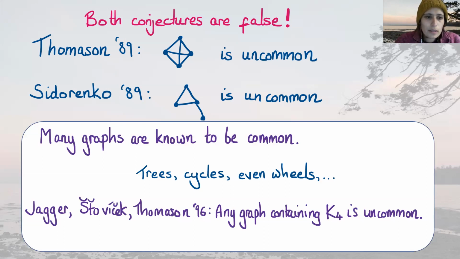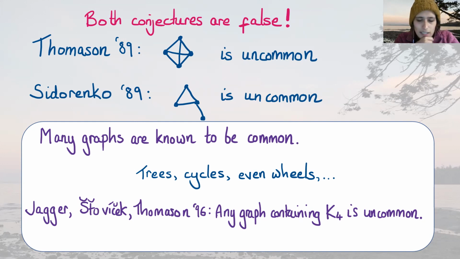So notice that the counterexample of Thomason disproves both the conjecture of Erdős and the Burr-Rosta conjecture, and the counterexample of Sidorenko disproves the Burr-Rosta conjecture. Despite the fact that these conjectures were very false, since then there's been some work determining which graphs are common and/or uncommon. For example, some graphs that are known to be common are trees and cycles and